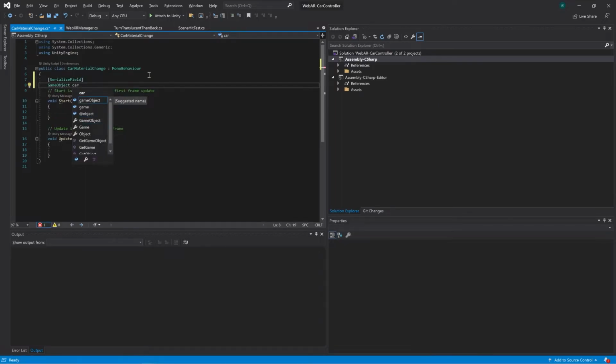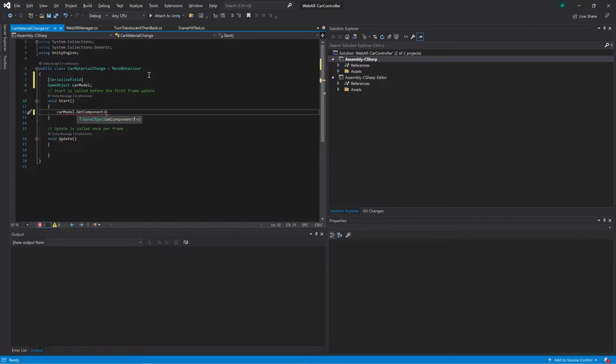I'll have one particular object, the car model, as the input, and on start we don't need to do anything here, but I'm just getting that component to check whether it is working or not. So this is the class, and from there you can have two functions, back and translucent.